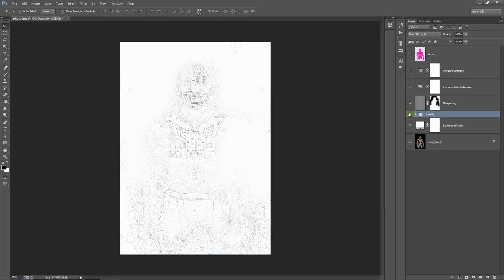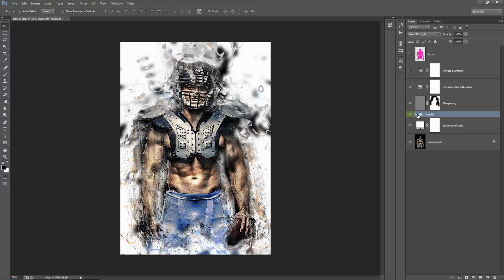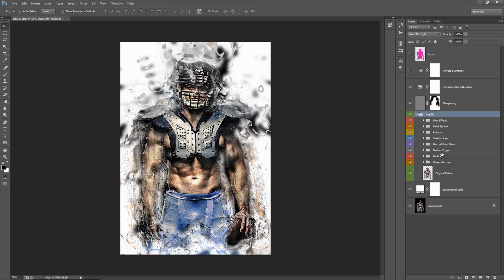So this has all the effects. Okay, so we go inside and there's a ton of folders that have been created with lots of layers inside, so there's a lot of flexibility here. So we'll start from the top. Miscellaneous effects,